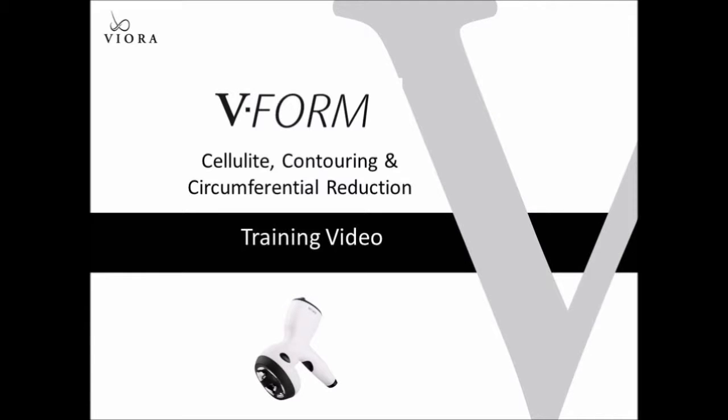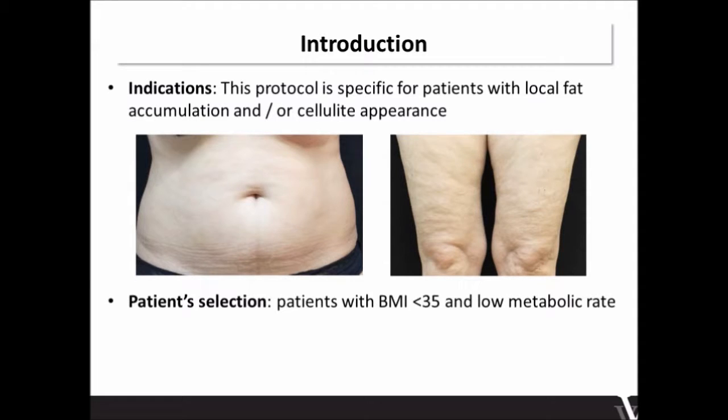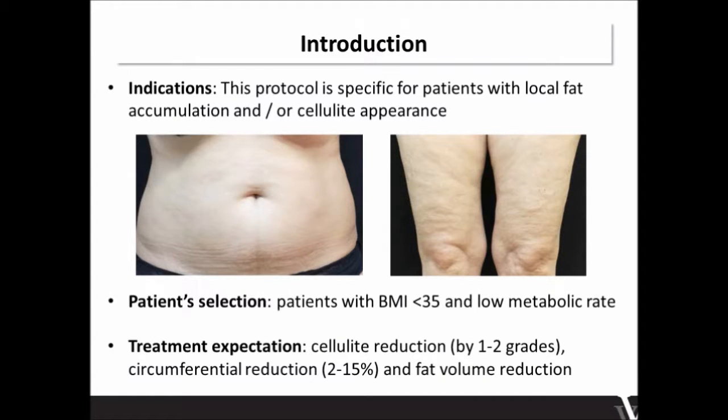Welcome to the Cellulite Contouring and Circumferential Reduction Training video with the V-Form handpiece. The Cellulite Contouring and Circumferential Reduction Protocol is indicated for patients with local fat accumulation and/or the appearance of cellulite. Patients with a body mass index, or BMI, less than 35 and a low metabolic rate are optimal for this procedure. Patients can expect cellulite reduction by 1 to 2 grades, circumferential reduction anywhere from 2 to 15%, and fat